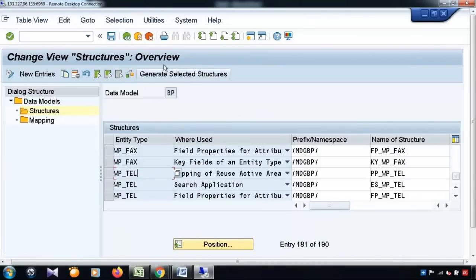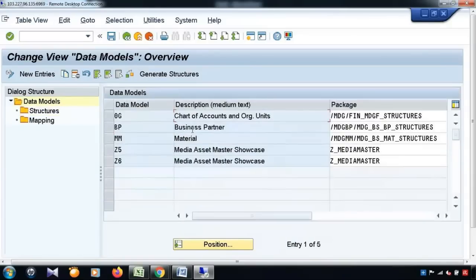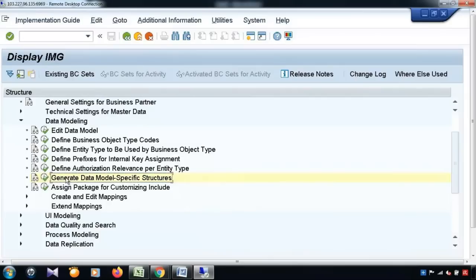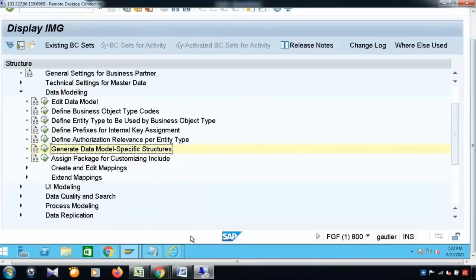For me, generating the structure is important. So that's what I just generated, but I did not save it. But the right practice is you need to save it. That's true. Anyway, once I generated the structure, the next thing which I did,